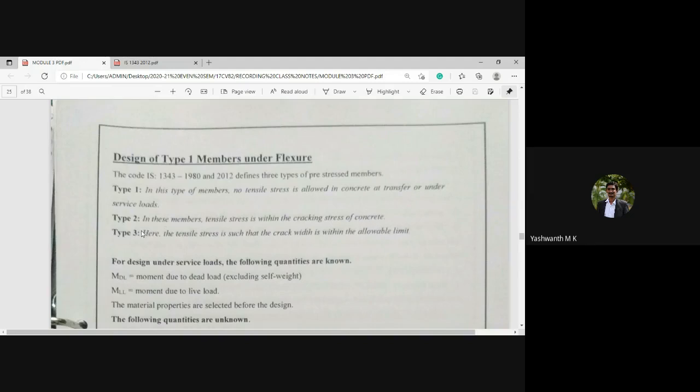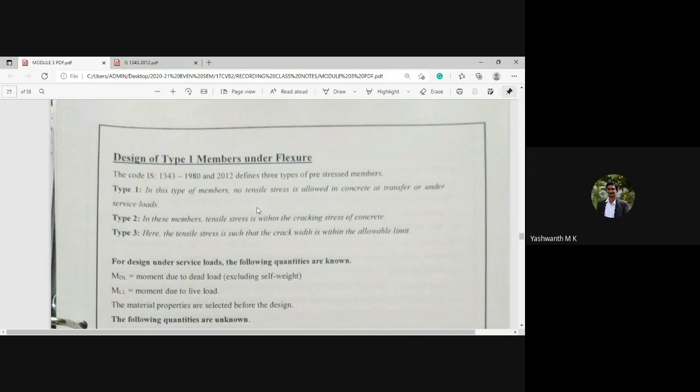Next, type 3 member. Here the tensile stress will be developed in such a way that the crack width, whatever it will be, is within the allowable limit. So these are the three different types of members you are going to come across, but mainly I am going to deal with the design of type 1 members.